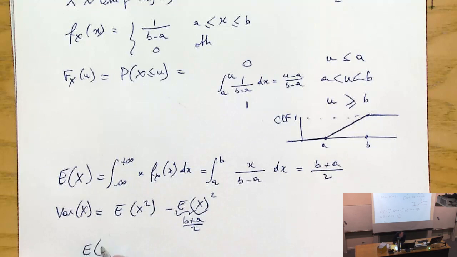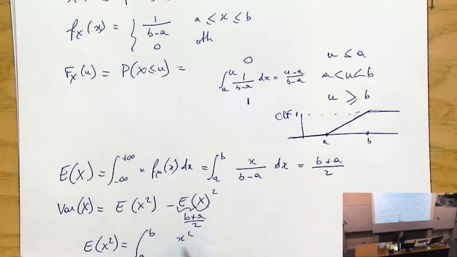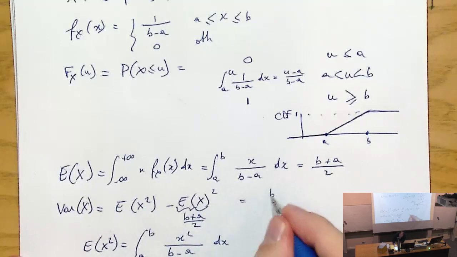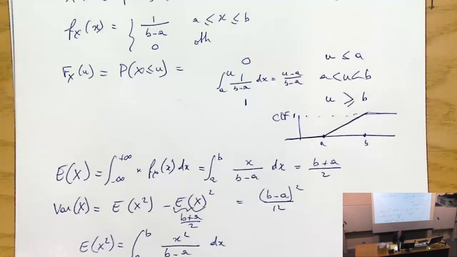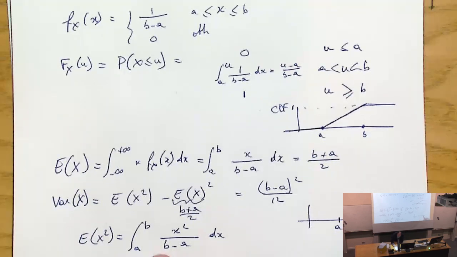So what is missing is to compute the expectation of x squared, which is the integral between a and b of x squared divided by b minus a dx. And this one, again, you can do this at home, and what you get is (b minus a) squared over 12. And so what it means is that if you have two distributions, I have a and b here,